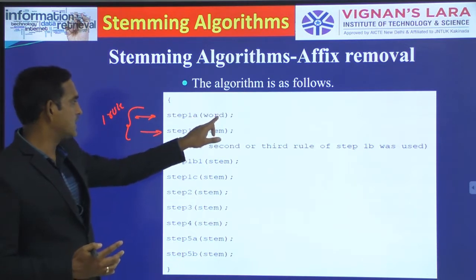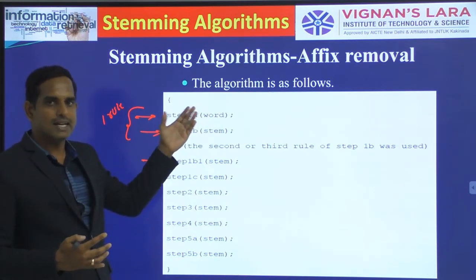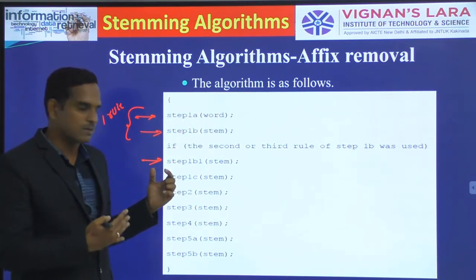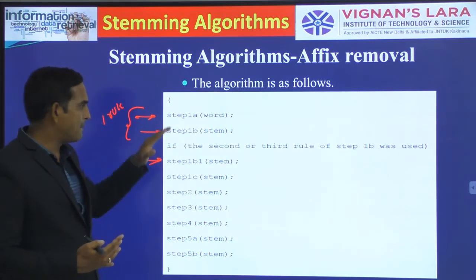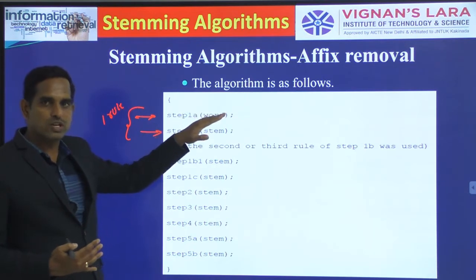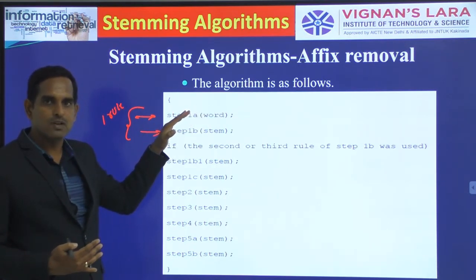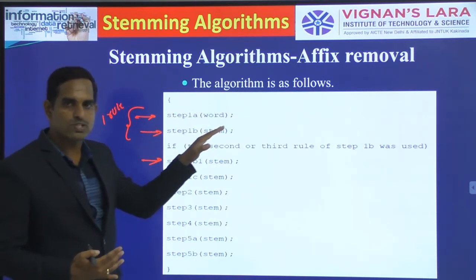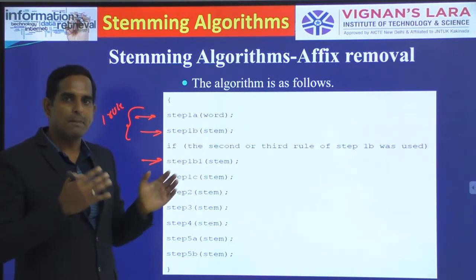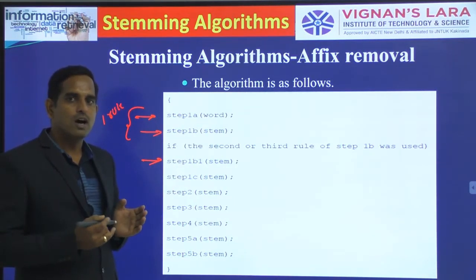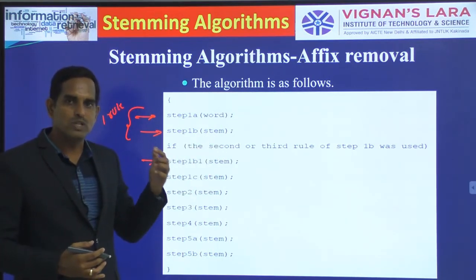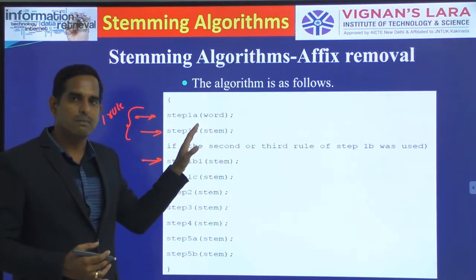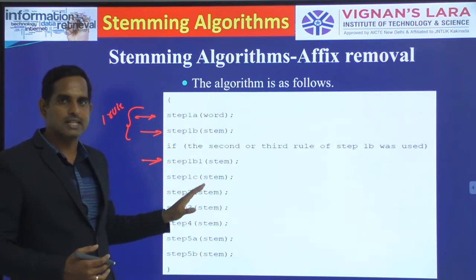Why? Because initially we have a word, and later those words will be replaced by stems. So the stems have to go through these steps based on the rules you apply at each step. Based on the rules applied at each step, one part of the suffix, or the affix, will be removed, and the longest possible characters which can be removed from your word will be replaced. That is the idea here.